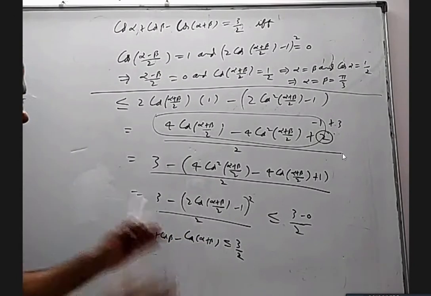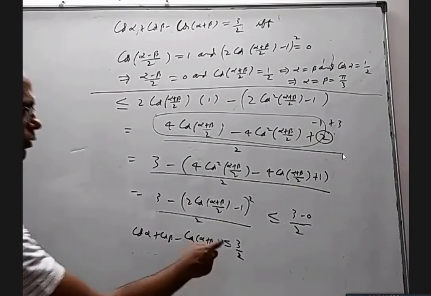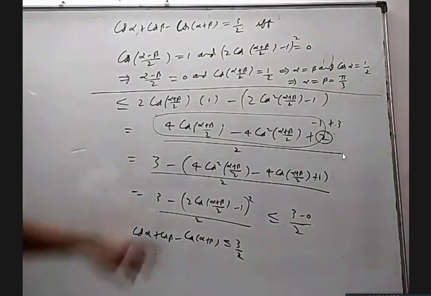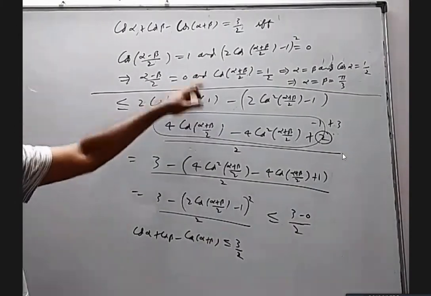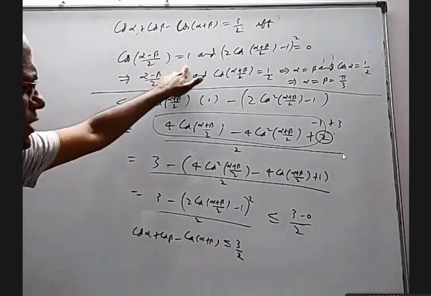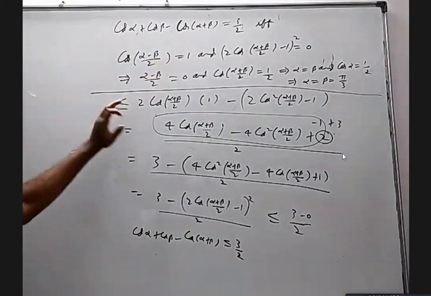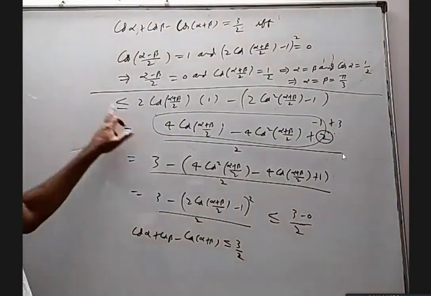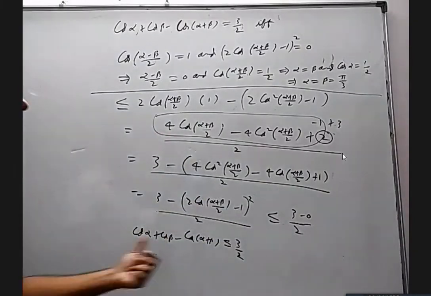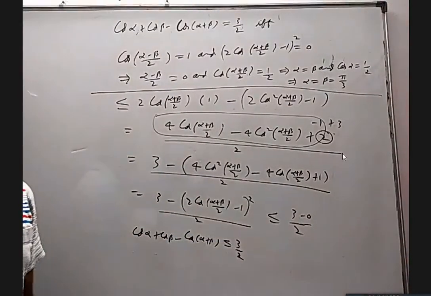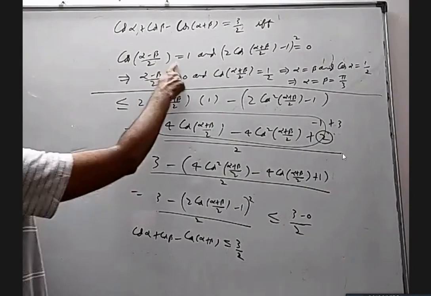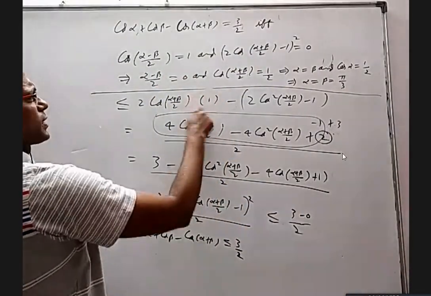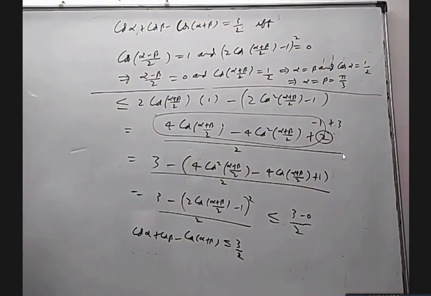But sir, when will it be equal to 3 by 2? If you want equality to 3 by 2, this must be 0, and when we replace cos alpha minus beta by 2 with 1, that must be 1. Only when this is 1, you will get equality here, not less than. And if you want equality here, this must be 0. Only when you get equality here can you say this is equal to this. So that is the reason I have to write this one and this one. One is this should be 0. One is if we replace cos alpha minus beta by 2, it should be equal to 1.